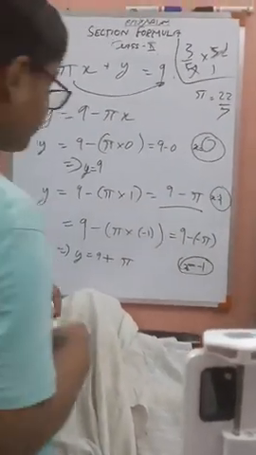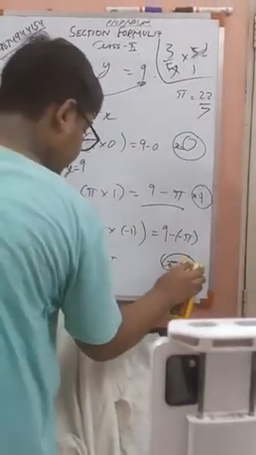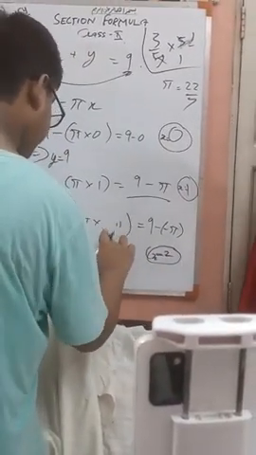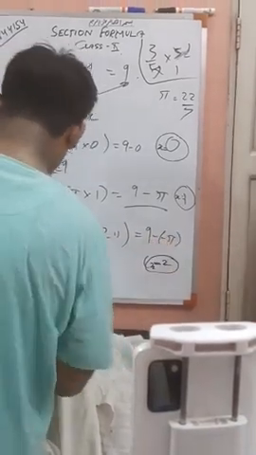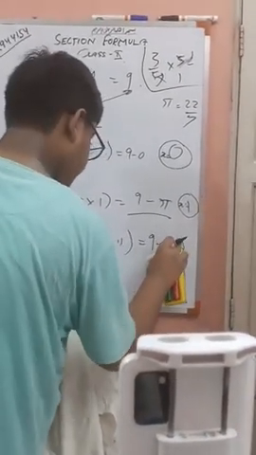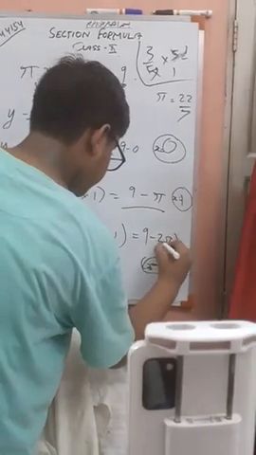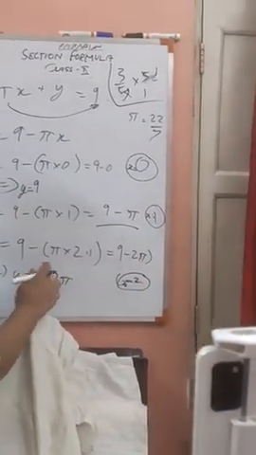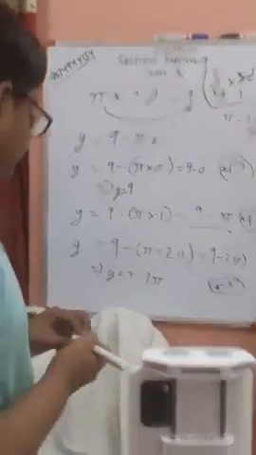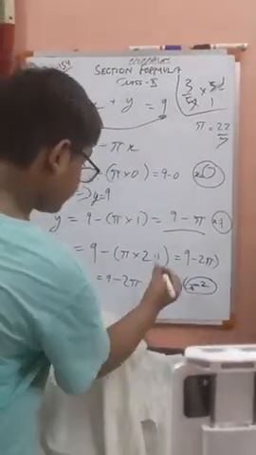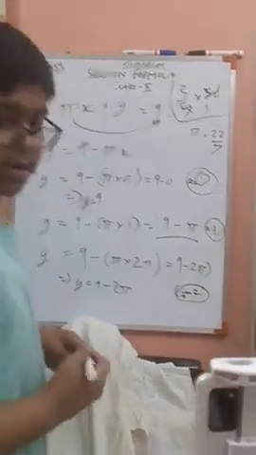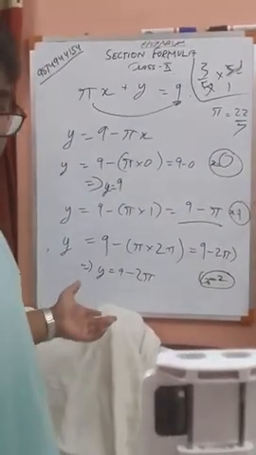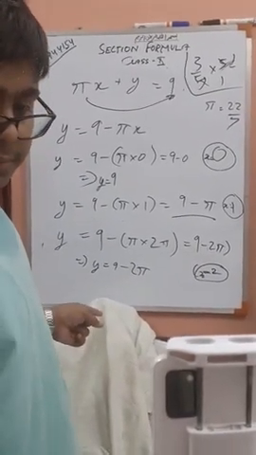It would be better if we do not take this, it might be confusing you. If we just take 2, it would be 2 over here, and it would become 2 pi. Now this will be minus 2. Now is this clear? Yes, it's clear. Okay. If it is not clear, you can tell me. Clear?